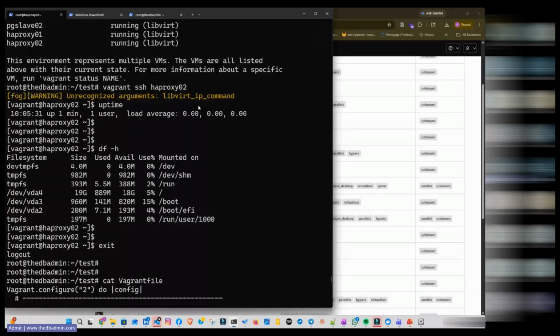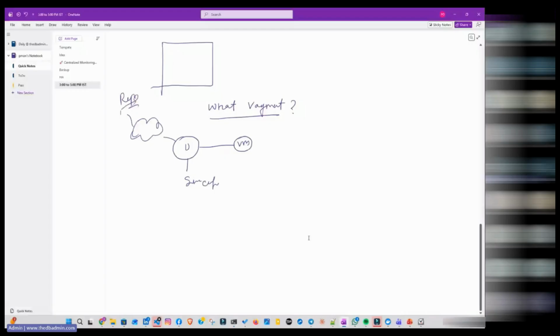I'm just giving you a very high level overview now, but in future I will explain more. Based on your config, Vagrant is hitting the repo and bringing the machine here, and it is building the machine based on your